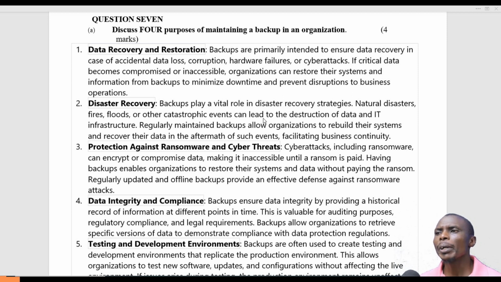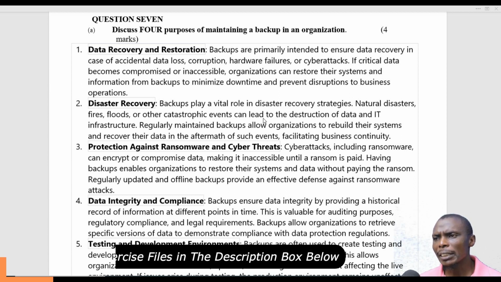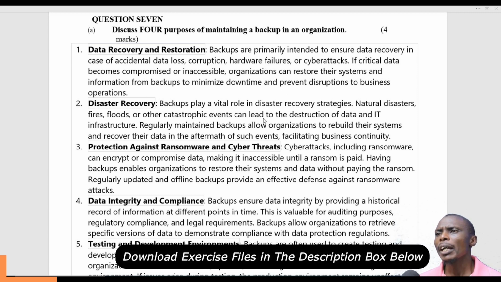Backups are primarily intended to ensure data recovery in case of accidental loss. Maybe the hardware fails where we have kept our data, or maybe in case of cyber attack. It is very crucial because data can sometimes become compromised or inaccessible in an organization, and it must have a way to be restored to the systems and information from this backup to be used